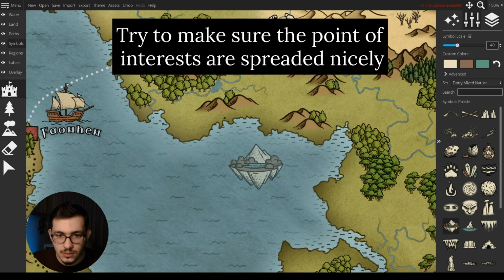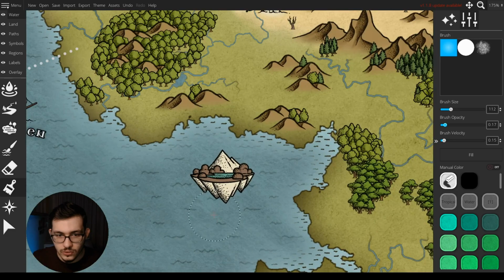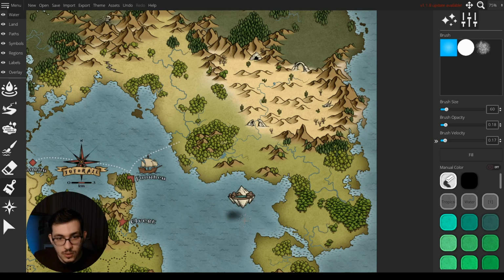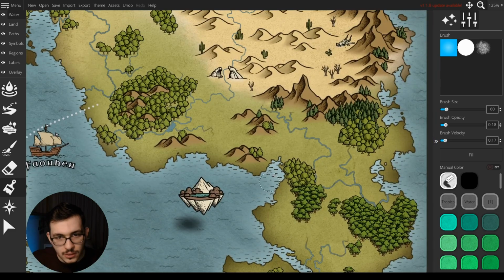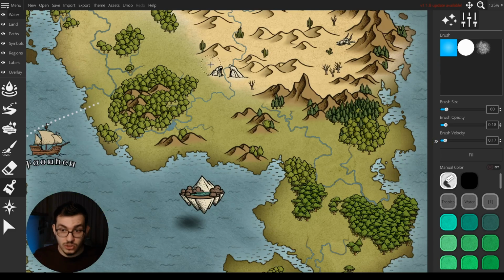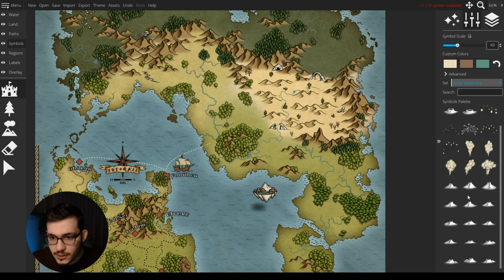Nah, it's fine. When you're doing the floating islands, you should add a little shadow under it, so it actually looks like floating, no matter if it's in the sea or not. And I don't like to put them directly under it. I like to put it a little off to the side, because all the map has, like you see all the mountains, all the assets have a direction for the shadow. So if you put it right under it, then it doesn't really match, because that would mean the sun is on the top.